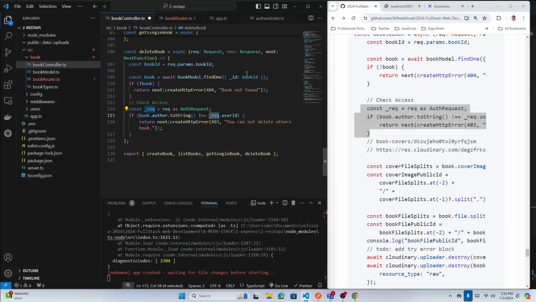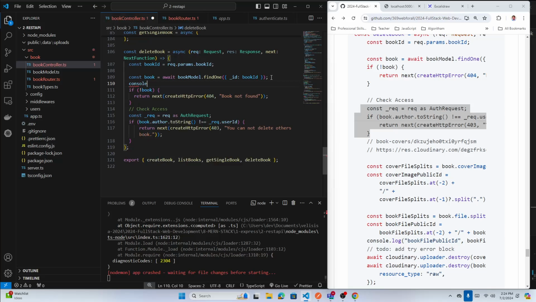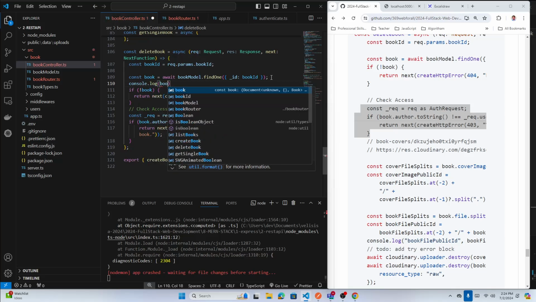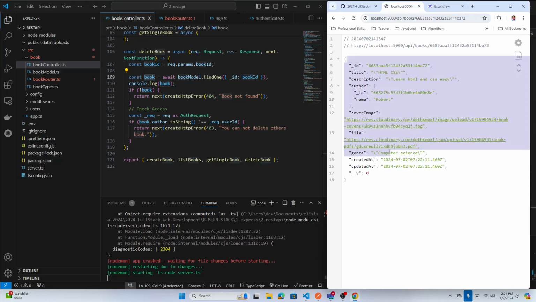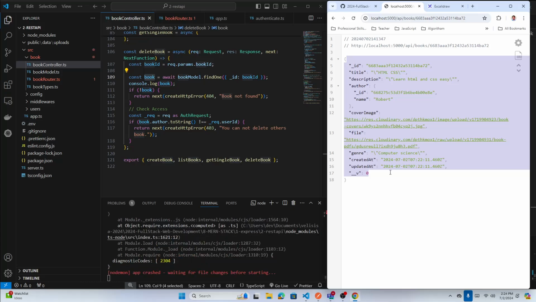See, if you console log here, console.log book, you're gonna get all the details of book. That is something like this, right? You're gonna get something like that, right? So here, because we are not populating the author, if you populate here, then you must do author dot underscore ID to get this ID, right? Okay, and then convert to string, right? And then if that is not equal to requested user ID,